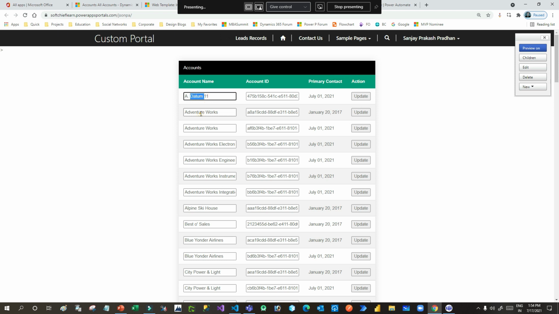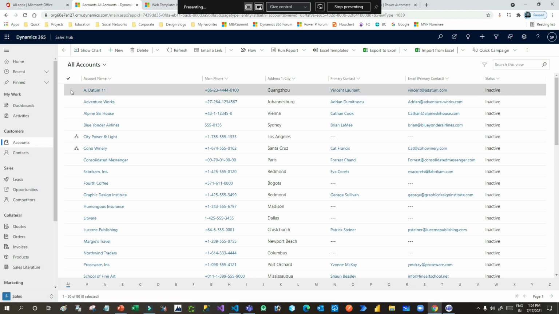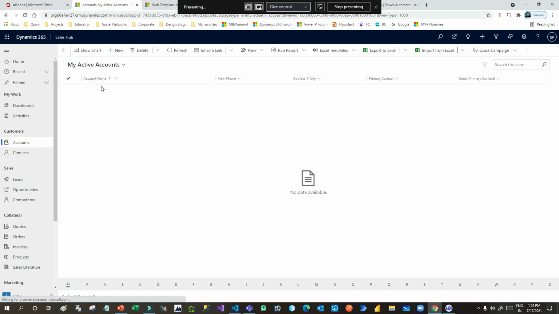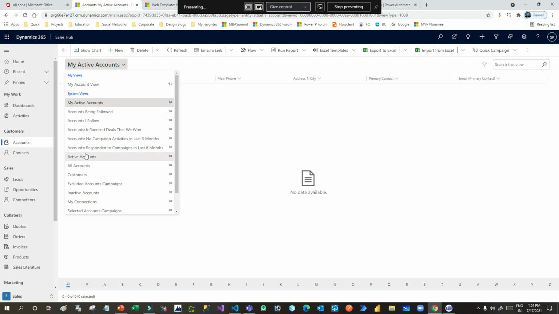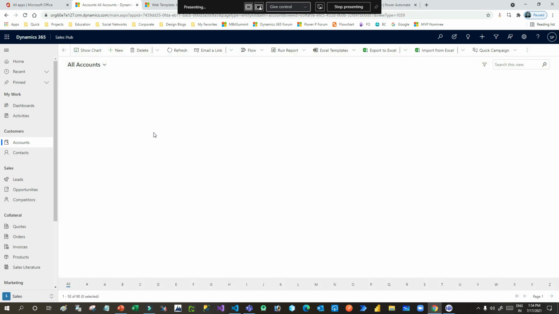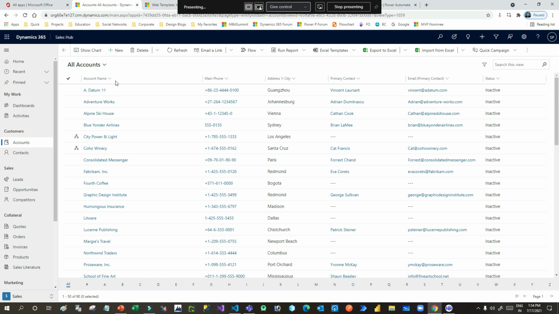Okay, this is account 1, account 2, right? This is the account ID, and this is the created on of the account, and this is the button I have placed. My requirement is whenever someone clicks update and changes something here, that specific account should be updated in my account area. This is my account. All accounts are available here. My requirement is that the specific account should be updated in Microsoft Dataverse, right?